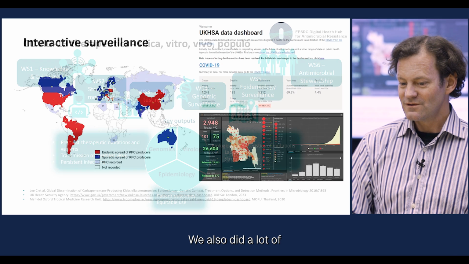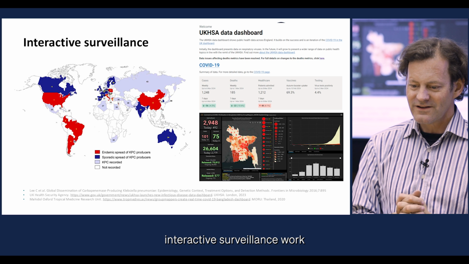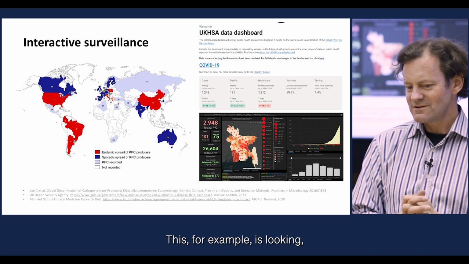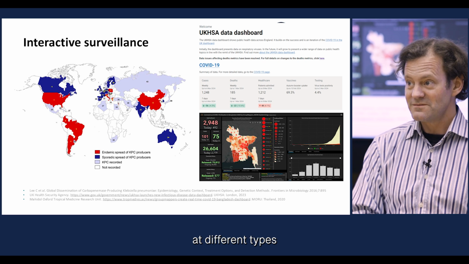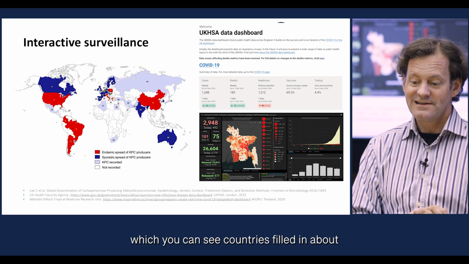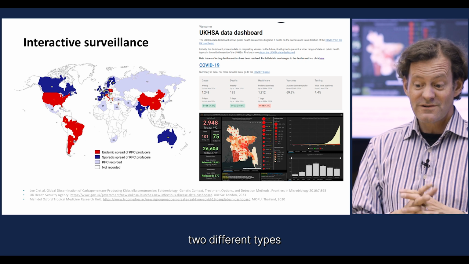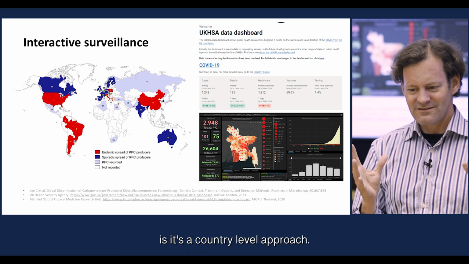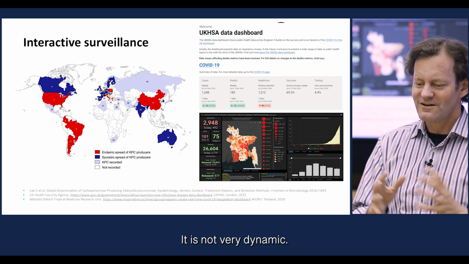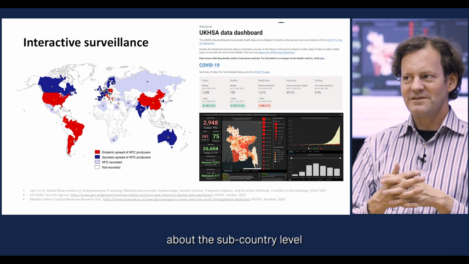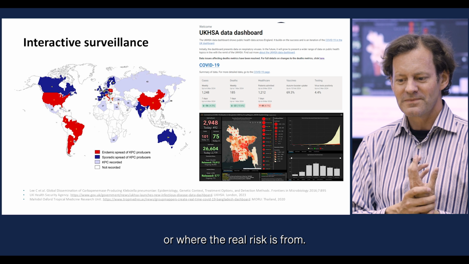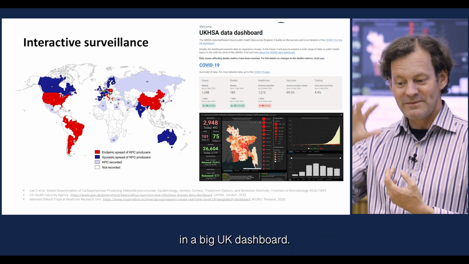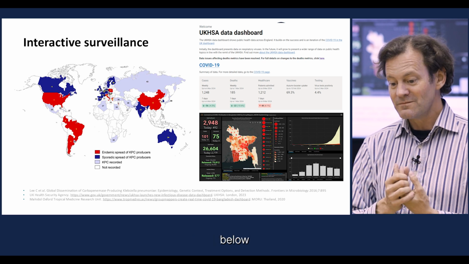We also did a lot of interactive surveillance work for COVID-19. This, for example, is looking on the left-hand side at different types of antimicrobial resistance, where you can see countries filled in according to 2 different types of carbapenem-producing Enterobacteriaceae. The problem with that is it's a country-level approach. It is not very dynamic, so it doesn't tell you much about the sub-country level or where the real risk is from. We had a much better trend for COVID-19 in a big UK dashboard,